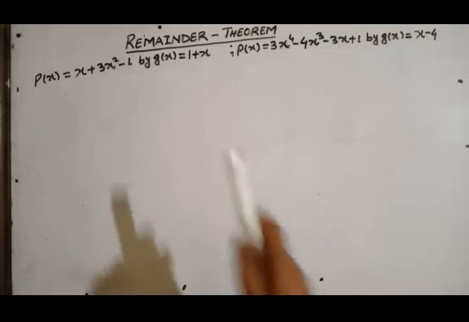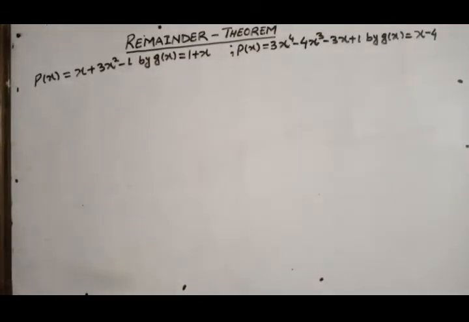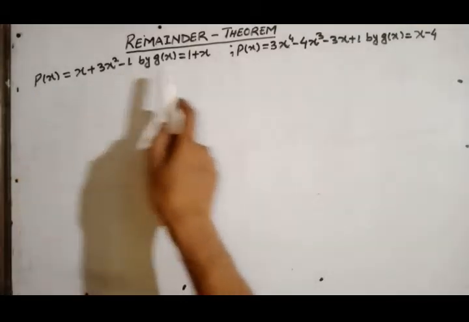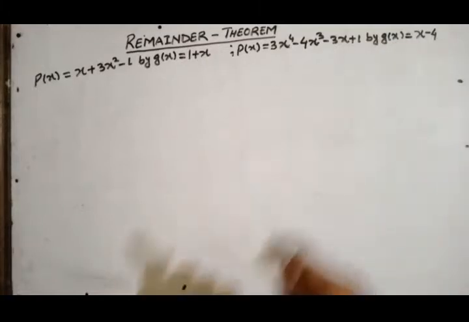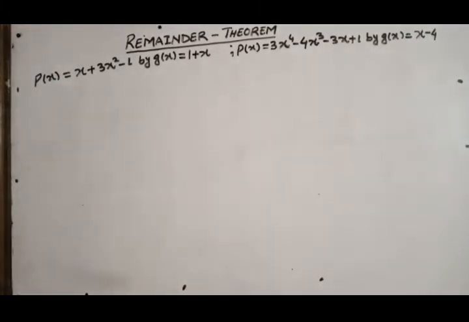Hello everyone. Today we will discuss remainder theorem. But before starting with this, let's check how a given polynomial p(x) could be divided by another polynomial g(x). So remember that before dividing a given polynomial by another polynomial, we must arrange all the terms of both the polynomials in the decreasing order of the exponents of x.